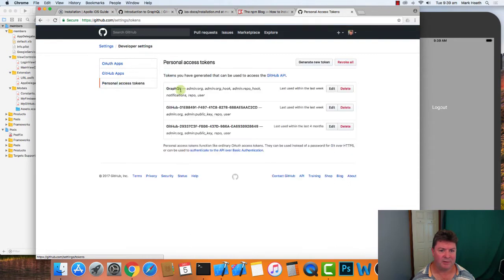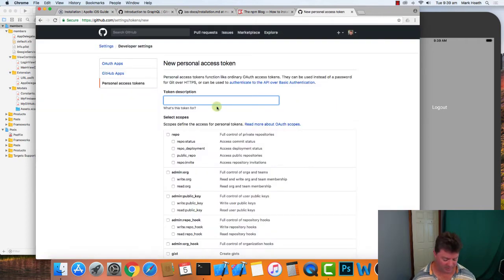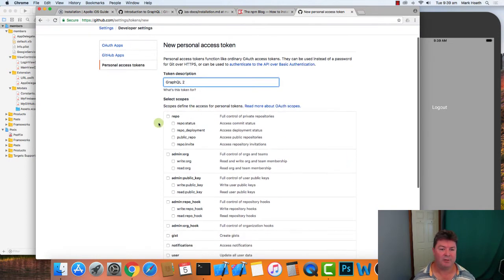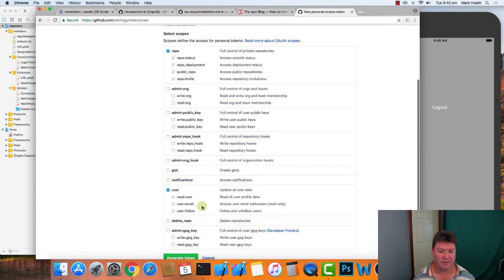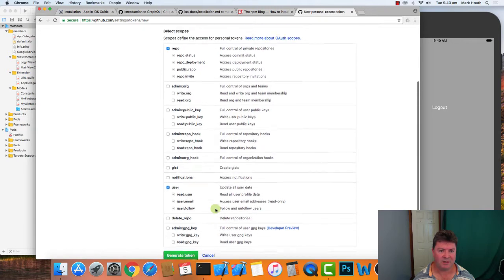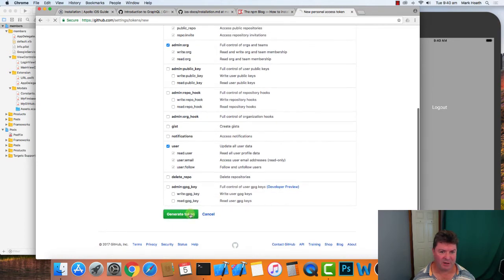Personal access tokens, that's one I created. Okay, so we just generate a new token. We'll whip in our password and just put a token description, GraphQL2. What is this token for? So we need to access repositories, we need users, and we need to administer our organization. And we generate a token,